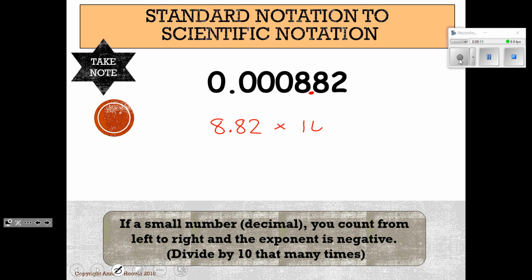It's a decimal, so we know we're going to have a negative exponent. How many places do we move it? 1, 2, 3, 4. So we know it's a -4. I don't know why I left so much space there, but